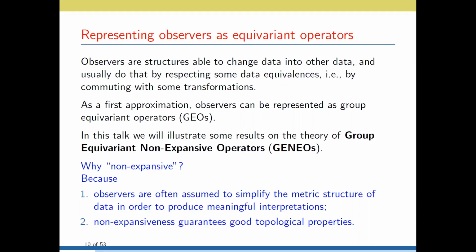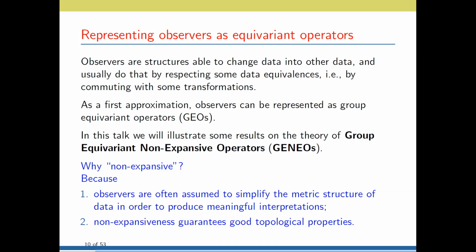In this case, you have the group of isometries of the real plane commuting with a convolution. You can compute a convolution, and then you can rotate and translate the image, or you can do this in the reverse order, and you get the same result. So in this case, you are stating that the operator commutes with a group of transformations, in this case, a group of isometries of the real plane.